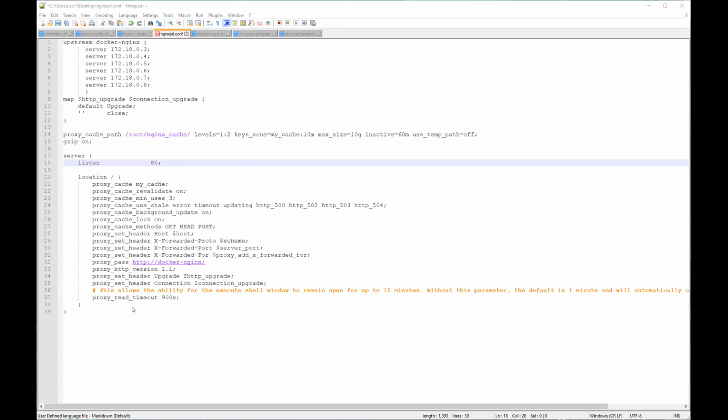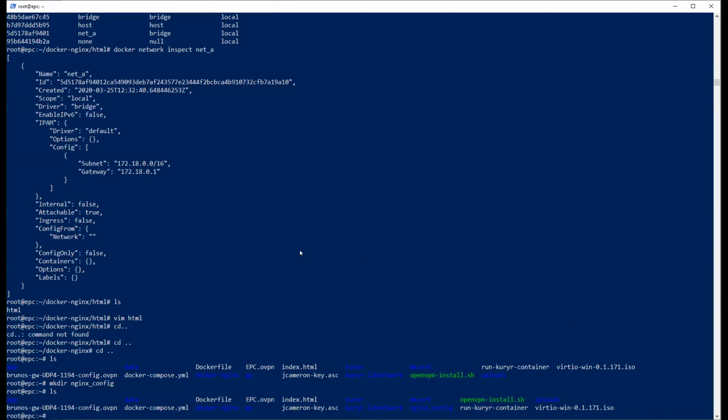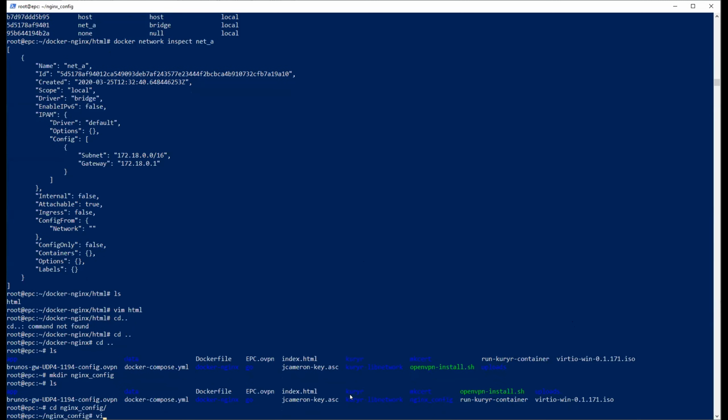So if we check, the folder is here. Pardon, I forget about this all the time. There it is. We create a folder next to the Docker Nginx in your root or wherever you are. We call it nginx config. In this folder we put the SSL configuration. So if we go to nginx config, we create a file called nginxssl.conf.